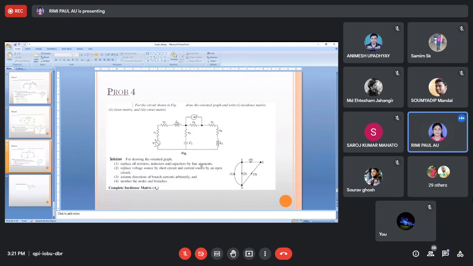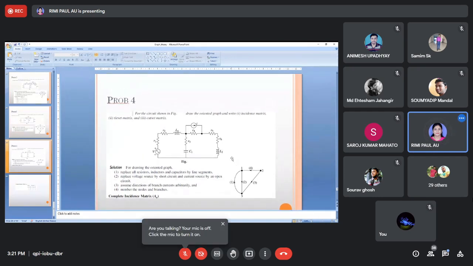So from this you have to draw the incidence matrix. This is your task, to draw all the incidence matrix or to complete the incidence matrix. From this we will see the next type of designing next week. Though from this you can write equations. Suppose you want to write the equation for this circuit, from this graph theory you can write the equations and you can also solve it, but this is not included in your syllabus. So just up to the cut set matrix I'll show you how to solve this, right?